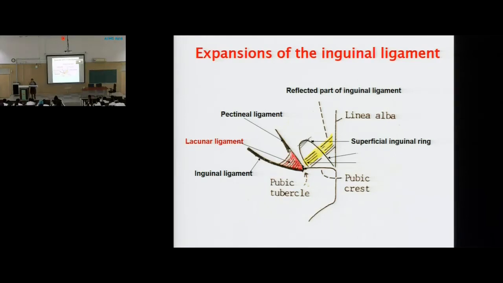Second? Very good. Then pectineal ligament I have not told you. Pectineal ligament क्या है? Small again extension, इसका posterior extension on the pectineal line. Basically what happened, ये जो external oblique aponeurosis है यहाँ पे modify हुआ lateral ligament के तरह, इसका थोड़ा सा extension goes posteriorly and blends with the periosteum of the pectineal line. जो pectineal line का periosteum है ना, उसी के साथ blend हो जाता है, तो थोड़ी सी thickening हो जाती है. उस thickening को we call it the pectineal ligament. ठीक है? So now you know what is pectineal ligament, the reflected part of the inguinal ligament, and the lacunar ligament. There are three modifications of the inguinal ligament.